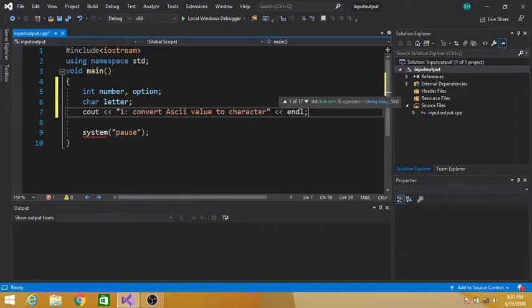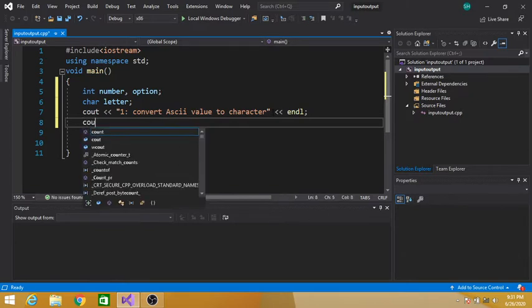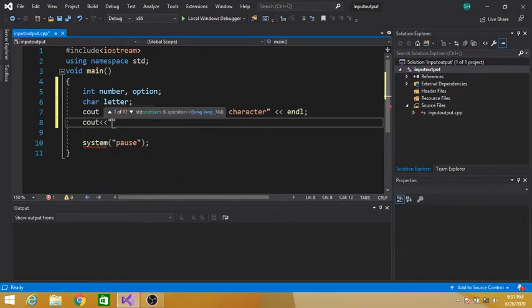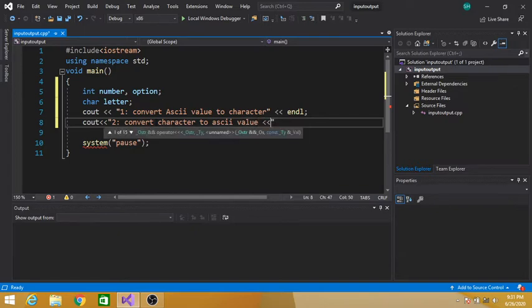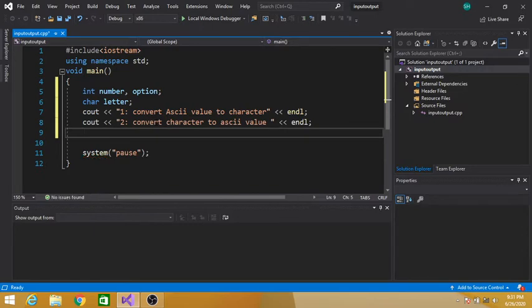And end line. Second option: convert character to ASCII value. End of line. Then cin option.